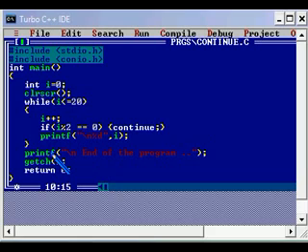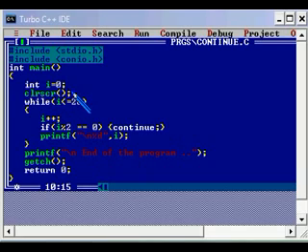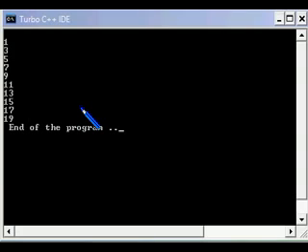Control F9, yeah, 1, 3, 5, 7, 9, etc. are printed till 21 because we have given the exit condition 20 here. Why are we getting 21? That's only because of this equal to. So if you just change it, it will print less than 20. 21 will not be printed. Control F9, yeah, it got printed till 19.